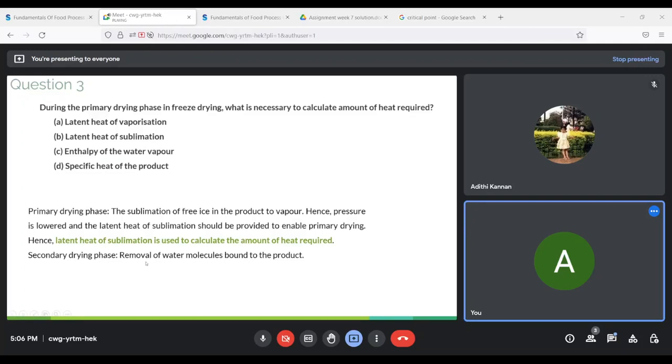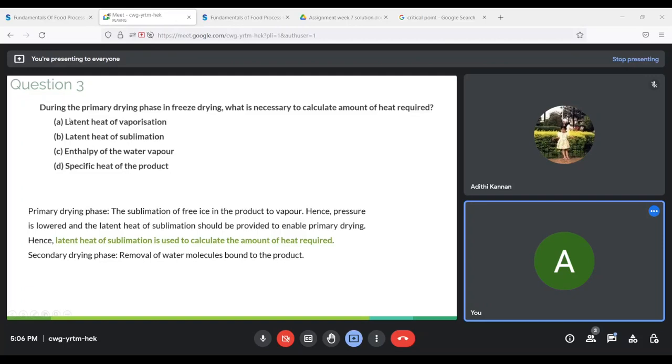Whereas in the case of the secondary drying phase, the majority of your free ice has already sublimed, and what you have left is a very residual amount of water molecules that are bound to the product. So in this case, you need not worry about the risk of turning ice to liquid. So your secondary drying phase can actually happen at a slightly higher temperature than that of your primary drying phase. In fact, secondary drying starts towards the end of your primary drying phase itself, where your free ice starts to completely sublime. So latent heat of sublimation is what is used for calculating the amount of heat required